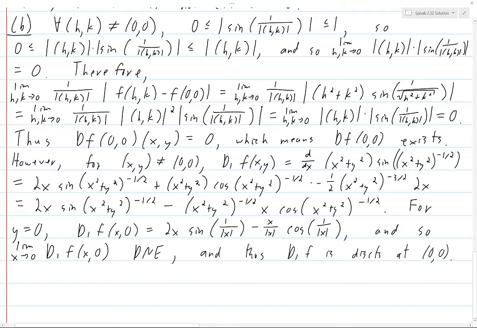Okay. Now by symmetry, the same thing holds for d2 of f. So if you want to take d2f of xy, it's just the derivative with respect to y. And so basically you just have the same formula for d1f of xy, but you replace all the x's with y's and vice versa. So instead of having a 2x, we'll have a 2y. Instead of having x cosine, we have y cosine. And then all the other things are the same because you have x squared plus y squared. And if you switch x and y, that's the same thing. So by symmetry,